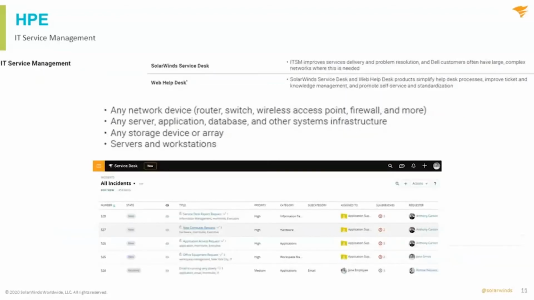And then finally, IT service management. So again, any alerts that are being created from HPE devices being monitored by SolarWinds, if they're on the Orion system, all of those alerts can be immediately actioned upon, and they can be sent to a number of different locations. They can either go to ServiceNow. We've announced some new integrations there recently with ServiceNow as well.